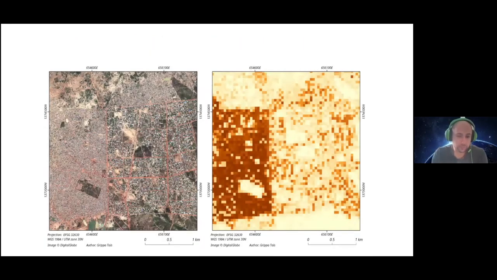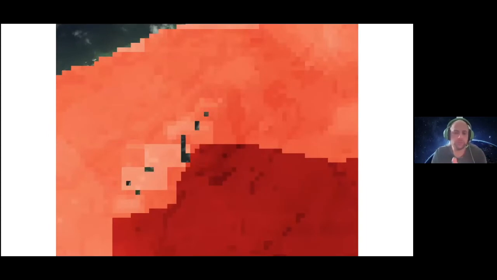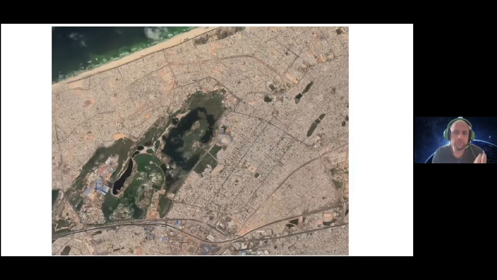We need something like this. And this, so far, was extracted from processing high resolution remote sensing and using high resolution land covers and land use. It requires some more information, which these products do not have. I can give you an example here. This is one region in Dakar, and this is the WorldPop product, one of the most common at 100-meter resolution. So there is some pattern, but if you want to use this for intra-urban analysis, if you only work at the city level, this is very constraining.